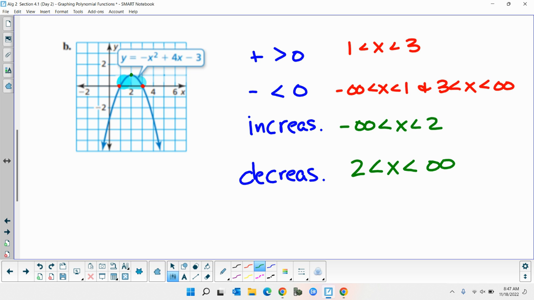Okay? So, do we understand where the graph's positive and negative? Yes or no? Okay. Do we understand what it means by increasing and decreasing? Okay? All right, we got a little start on this section,